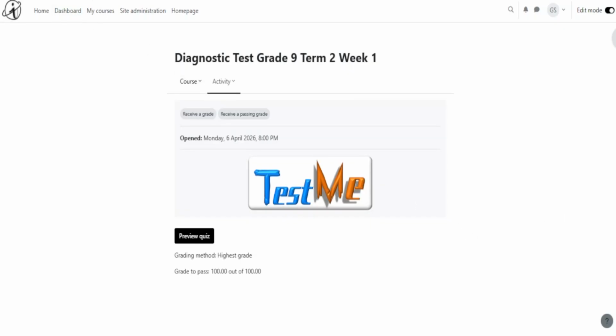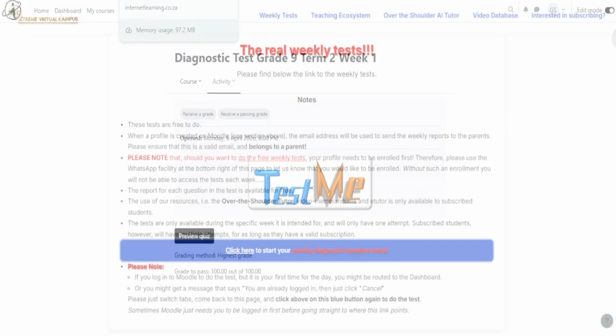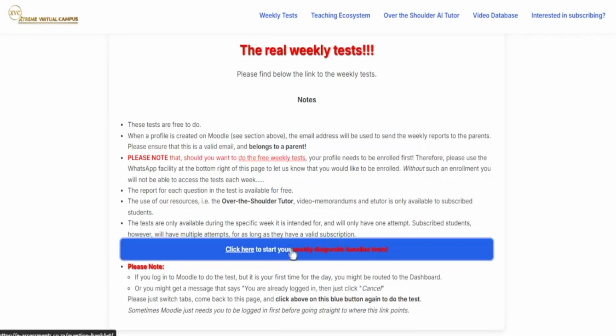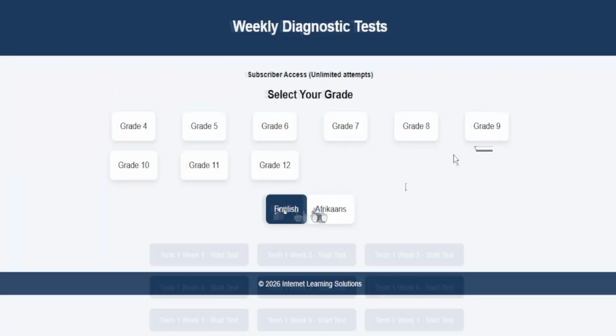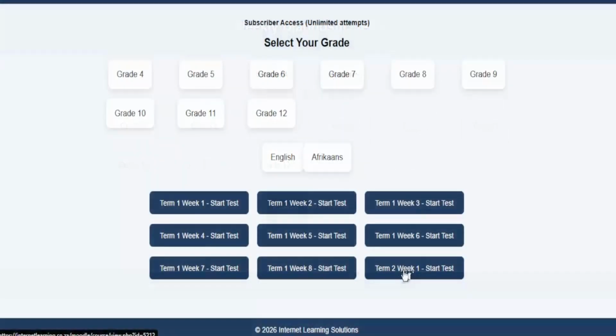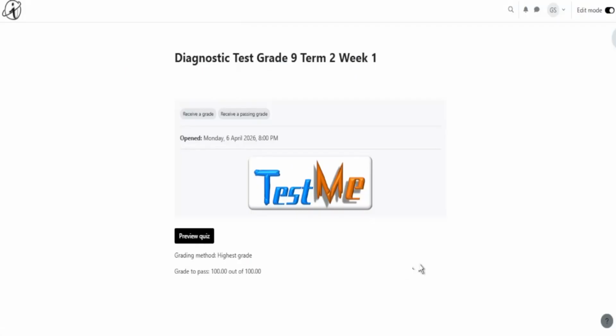All right, okay, so I clicked. Let me just go through that process again. You click on the blue button to start your weekly diagnostic baseline test. Then you click on subscriber access, and then let's choose grade 9, English, and then let's say term 2, week 1. Start the test, and then you will have to log in to Moodle.